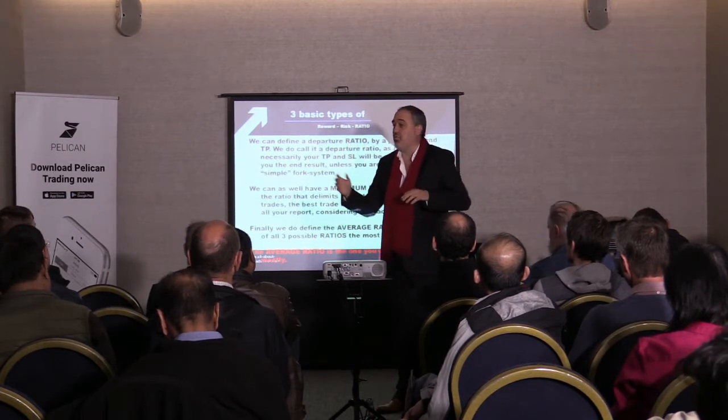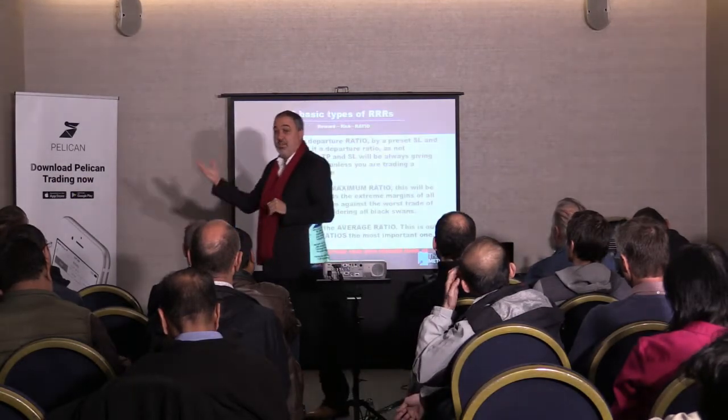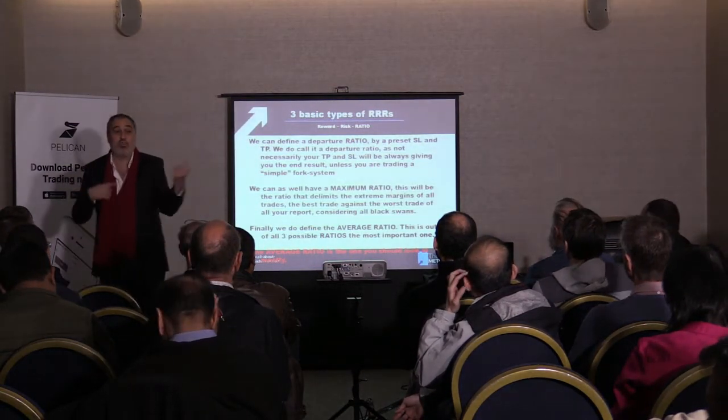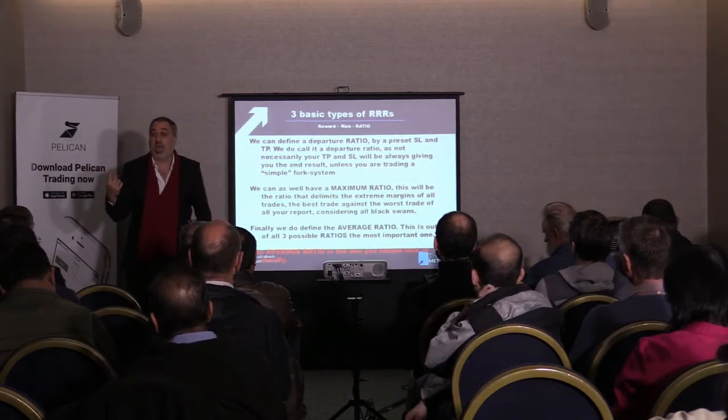But in the trend system, you can afford anything. You could go for 1,000 pips and have your stop loss at 20. That would be 50 to 1 in the long ratio. If your trade is good,